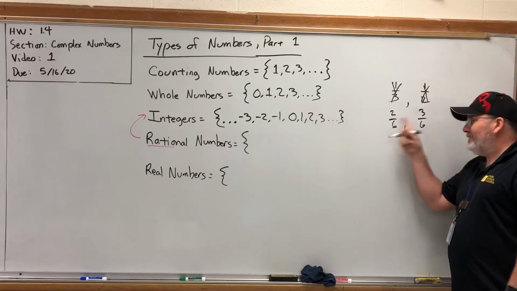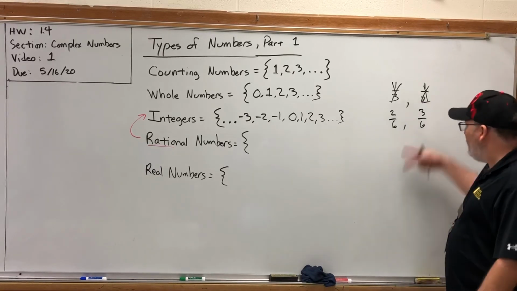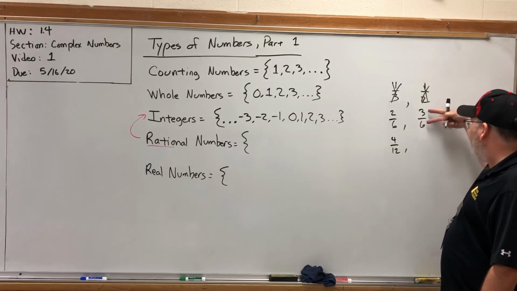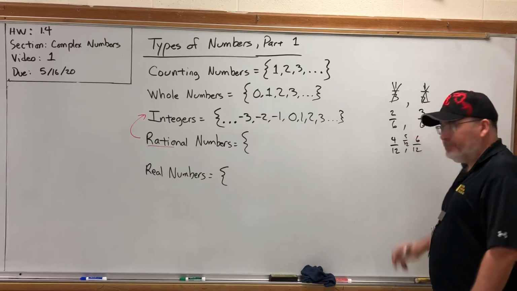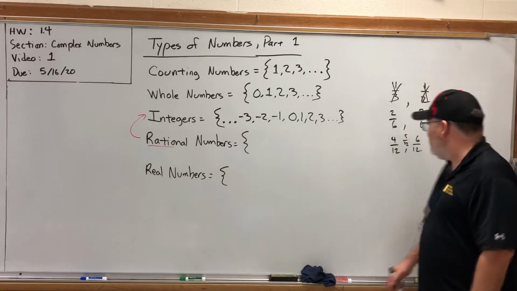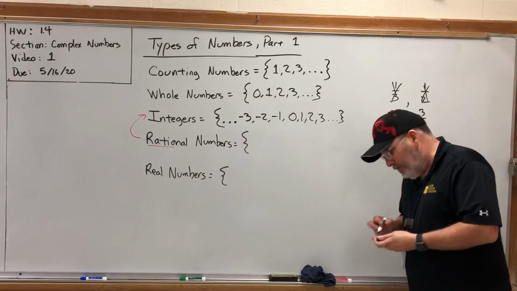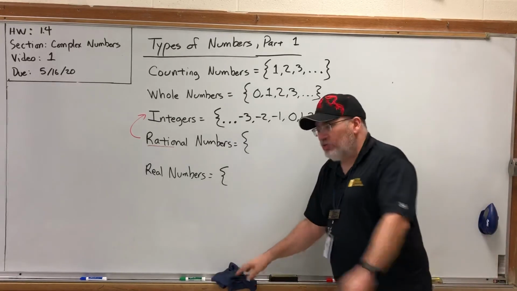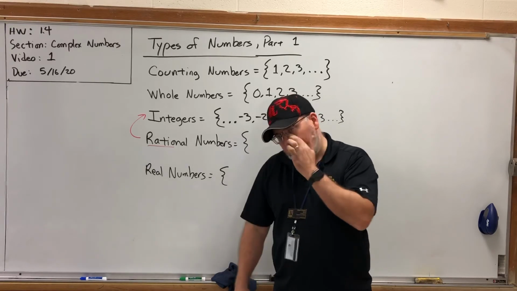And it looks like we still can't fit something in between, but if we doubled everything, you can unreduce fractions. If we multiplied both sides of this by 2, we would get 4 over 12. If we multiplied both sides of this by 2, we would get 6 over 12. And now I think I can fit 5 over 12 in between them. But we can always make the fractions have larger numerators and denominators, which means we can make a bigger gap between the numerators, which means we can always fit more numbers in there. Basically what that means is rational numbers are so densely packed, you can't just list them in a row. No matter what two you put next to each other, you can always fit a bunch more in between.